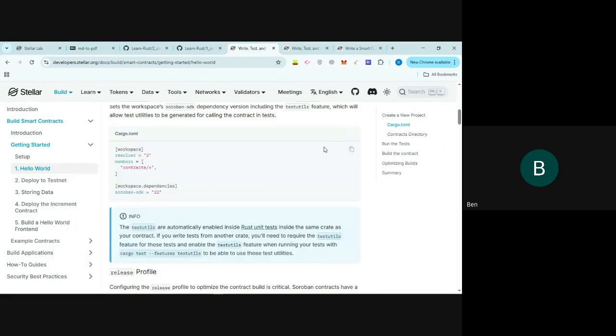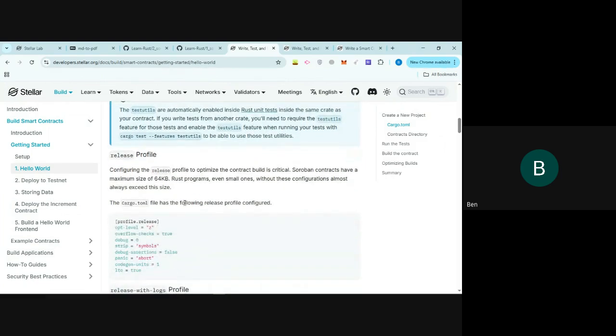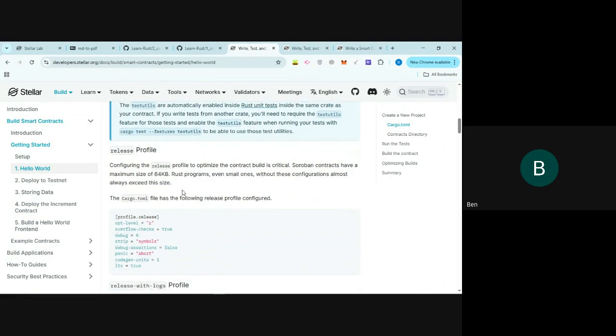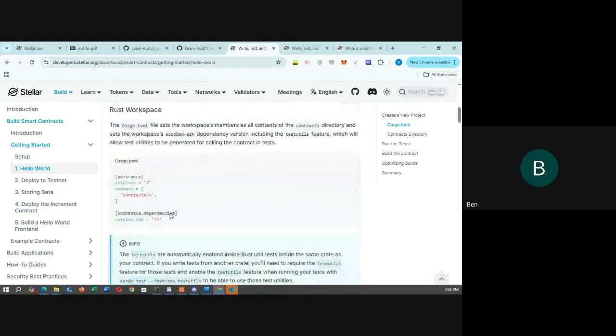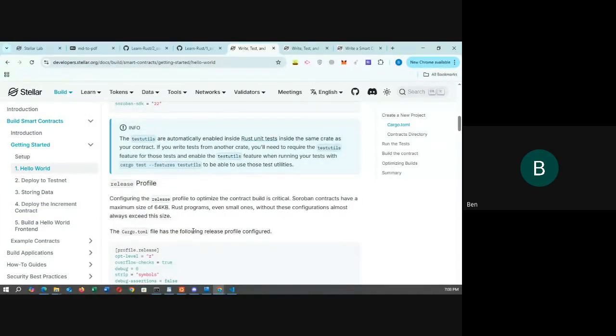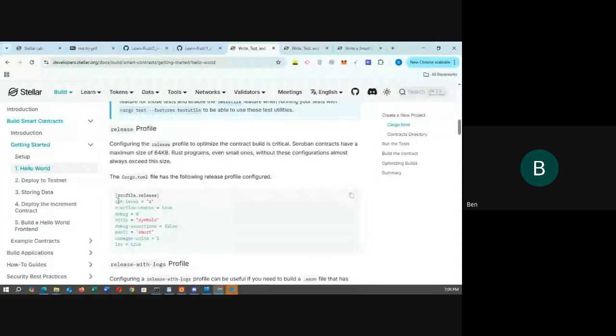So yeah, this is basically the idea behind the workspace that you're going to see. And you also have the profile. You're also going to have, in the same file, the same cargo.toml, the profile. So the profile will have all these things. There's a lot of things that might not make sense, but just to have a brief overview, what it does is